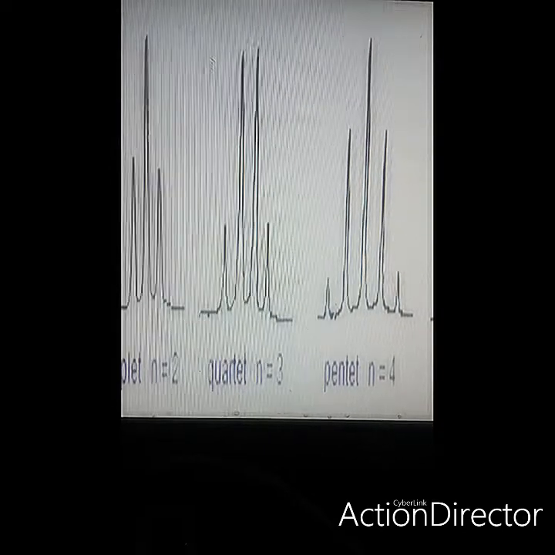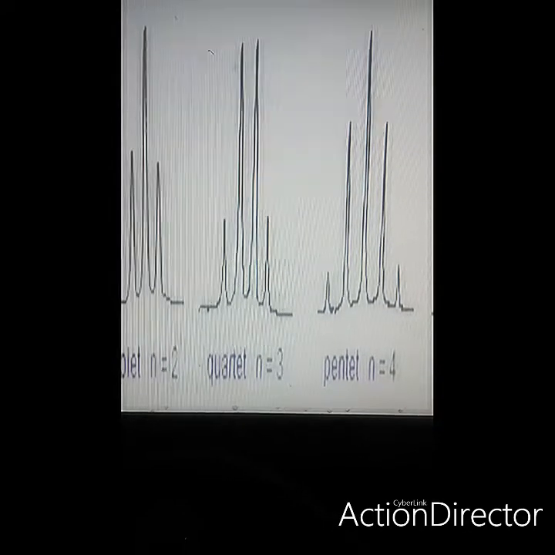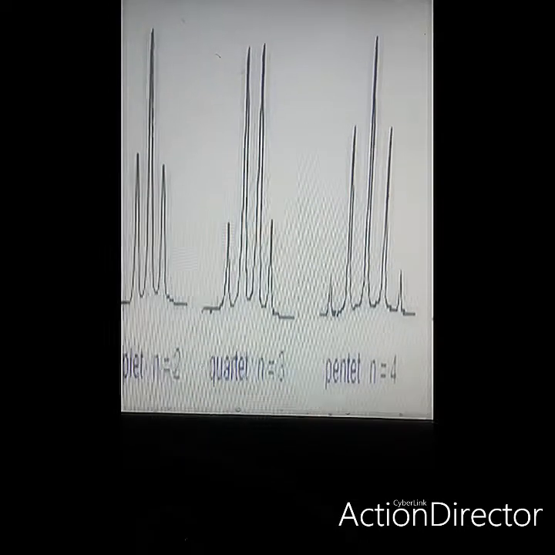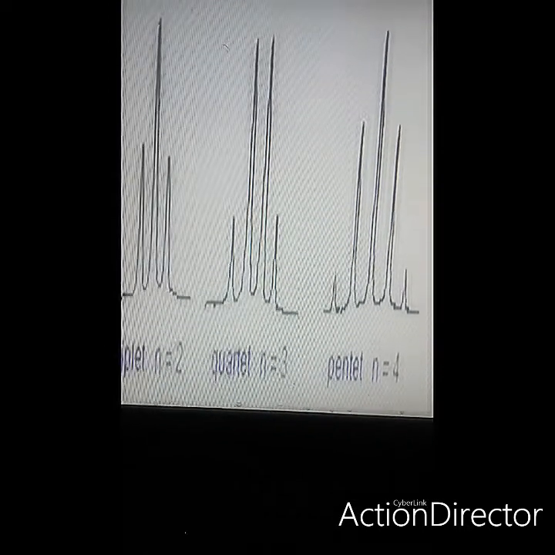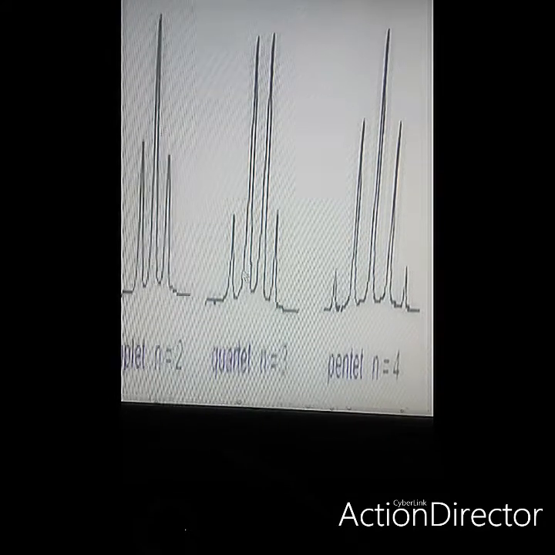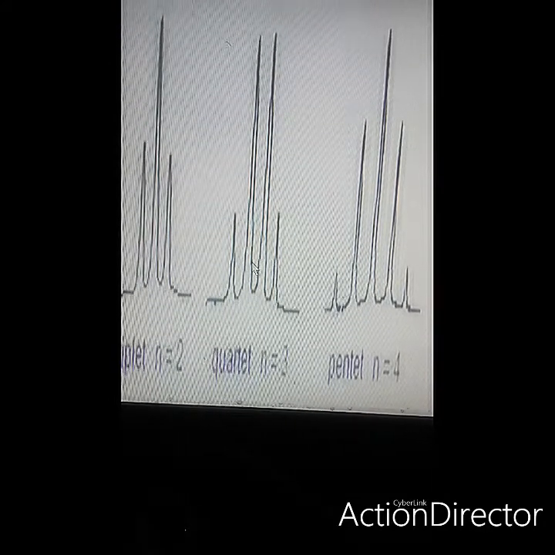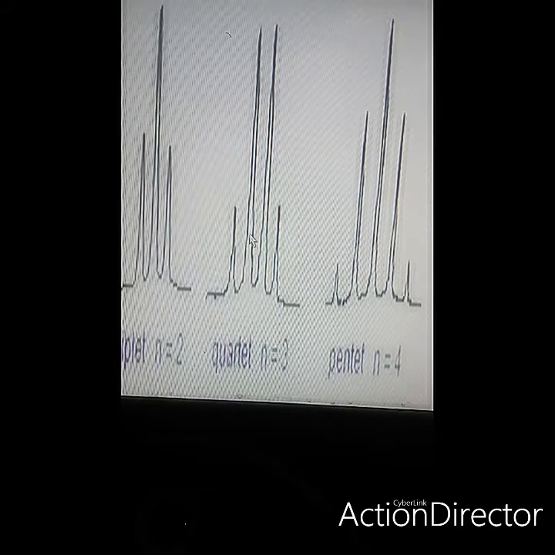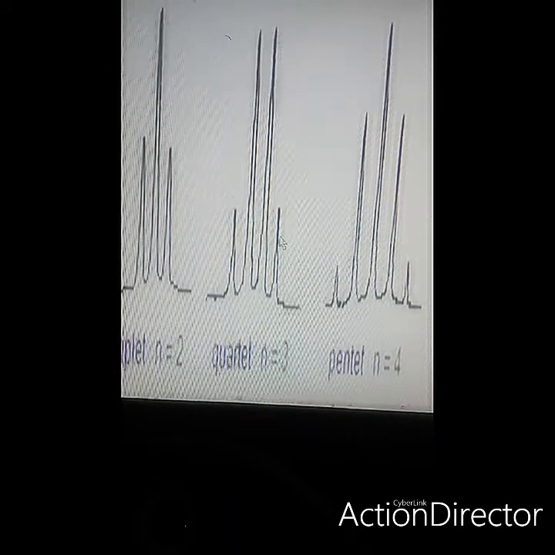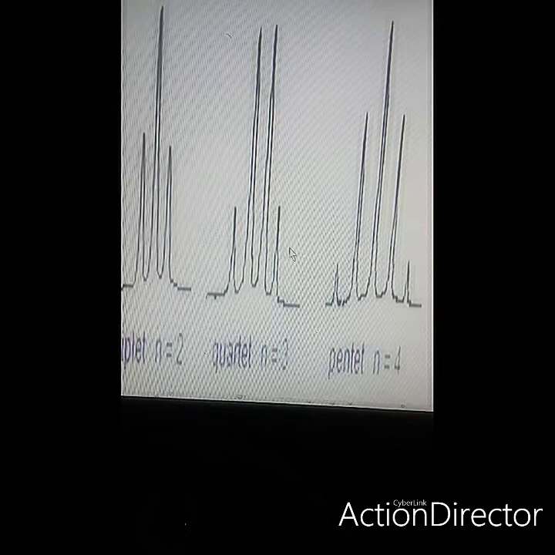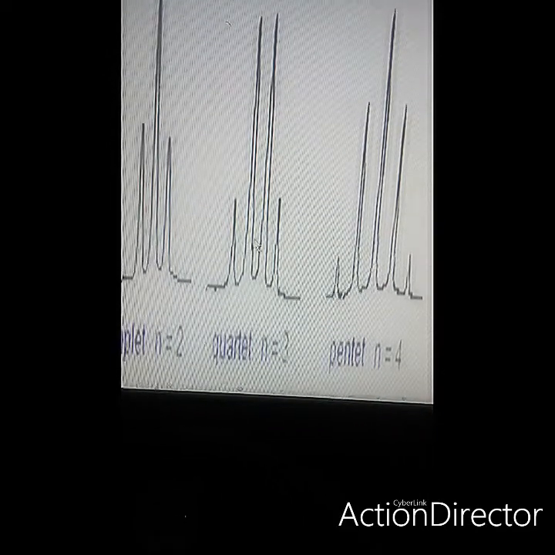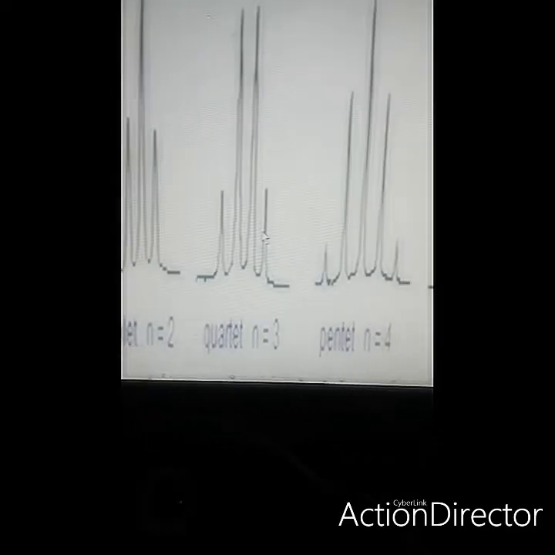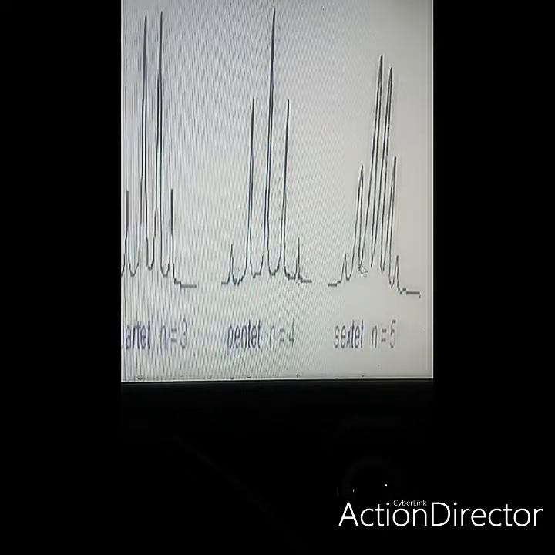Today we will talk about the J value, or what is known as the coupling constant. That is the distance between two successive peaks in a multiplet. Let us consider this multiplet, it is a quartet. So the distance between the first peak and second peak, or second or third or fourth, it should be successive. So this distance is what is known as the J value. So the peaks which you are taking, it should be a multiplet.